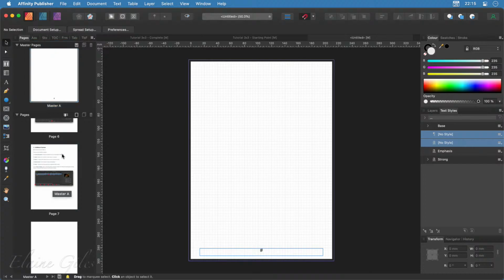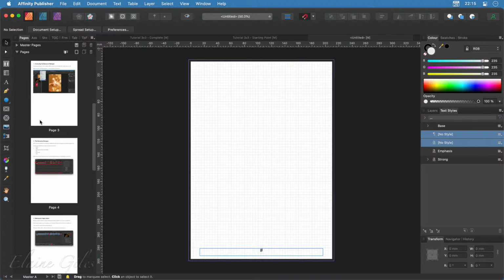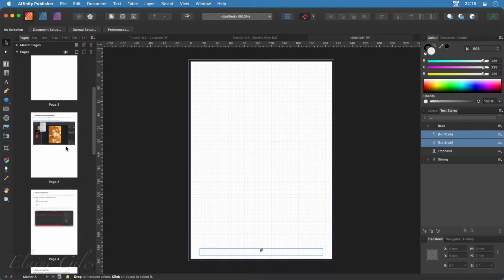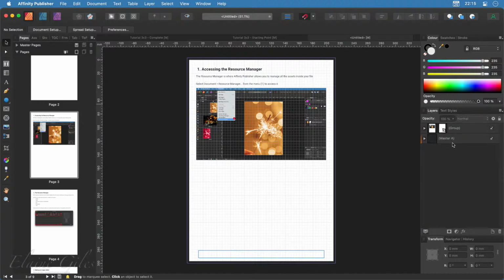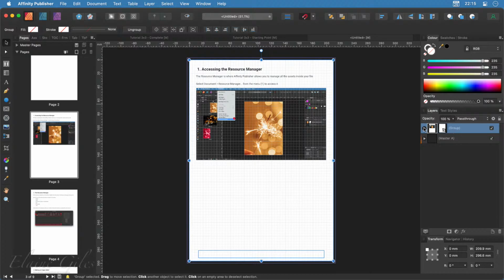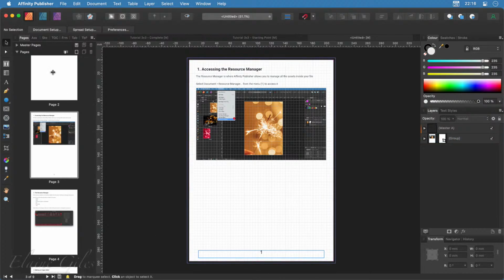Oh, I know what's going on. Good grief, I know what's going on. Right, it's done it. But one thing you have to remember with this, which obviously I've just totally forgotten, it is there. But when we look at the layers, we can see that Master A is below this. That doesn't usually matter. But in here, we see that this has got a white background. So what we need to do is drag that up to there, which puts it on the top,